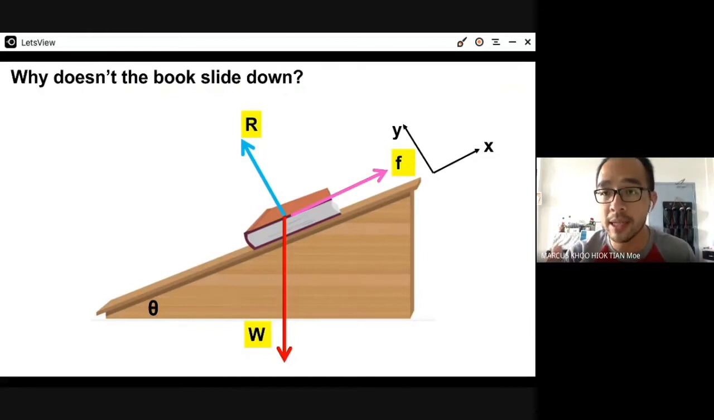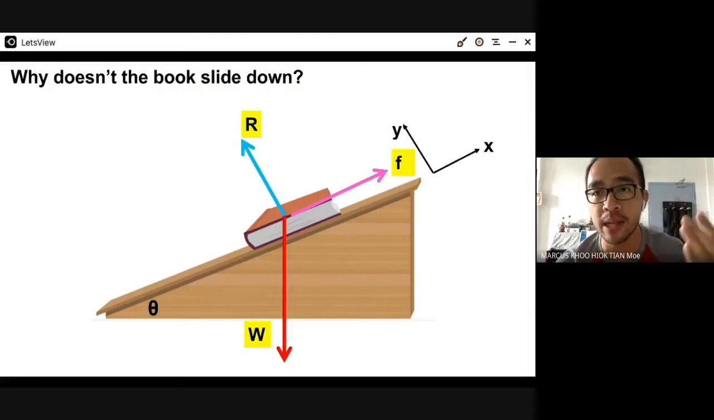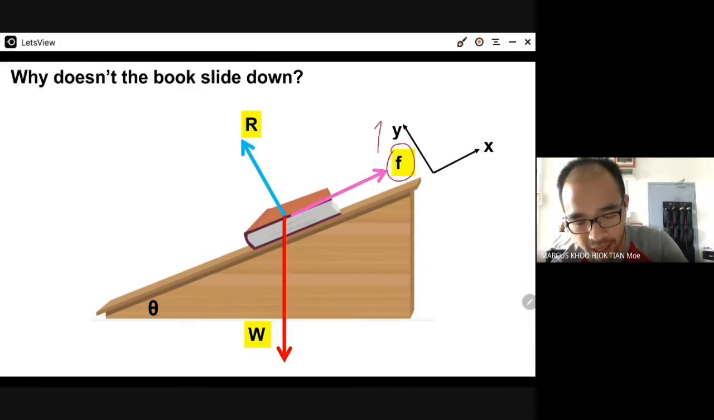So, why doesn't the book slide down? What do you think? Can anybody tell me? Why doesn't the book slide down? Sorry, we assume that the book doesn't slide down lah. Apakah keadaan yang akan menyebabkan the book doesn't slide down? Think of what we studied in the first subtopic. Anybody want to suggest an answer? Why doesn't the book slide down? Very rough surface. Okay, very rough surface means the friction is high, but